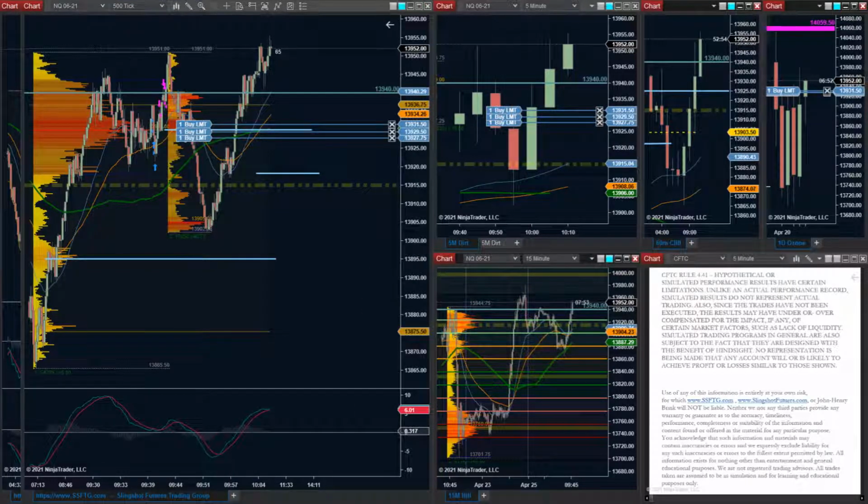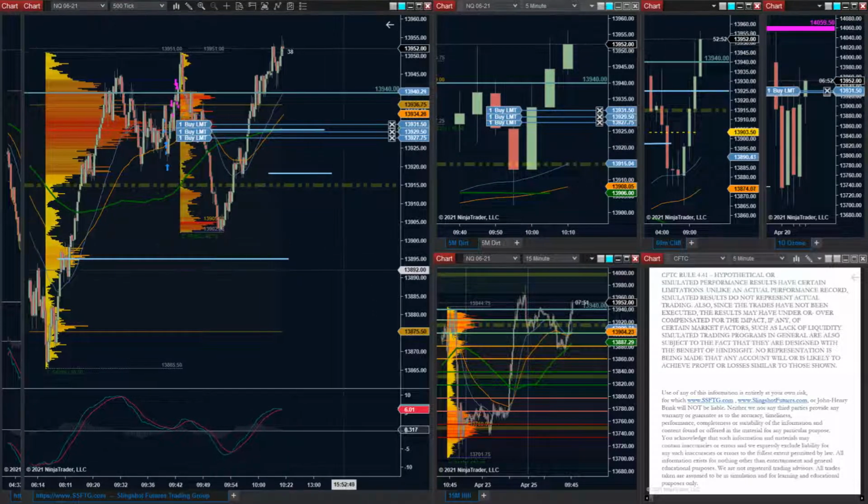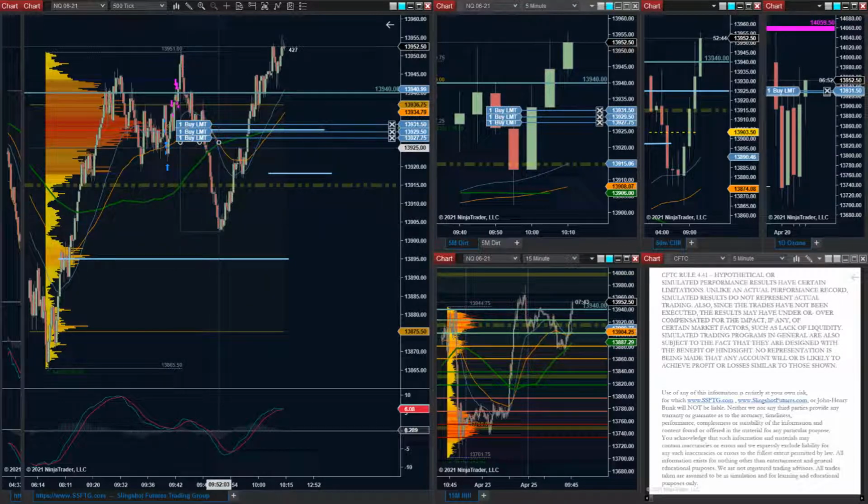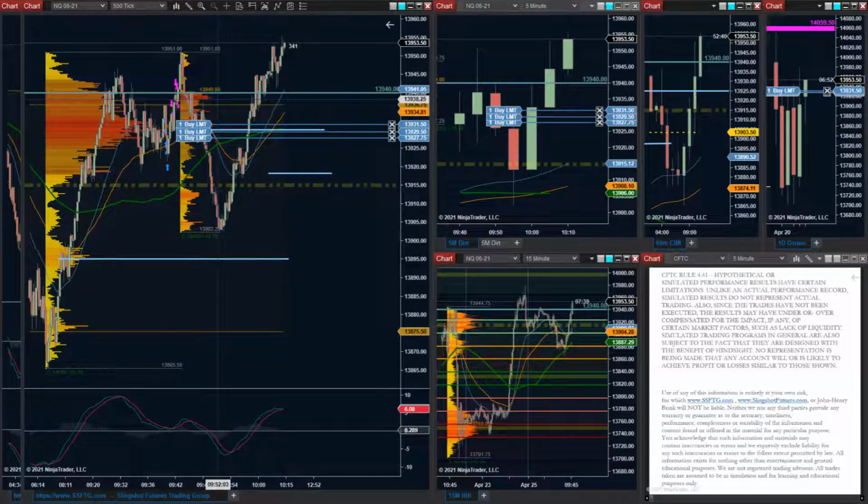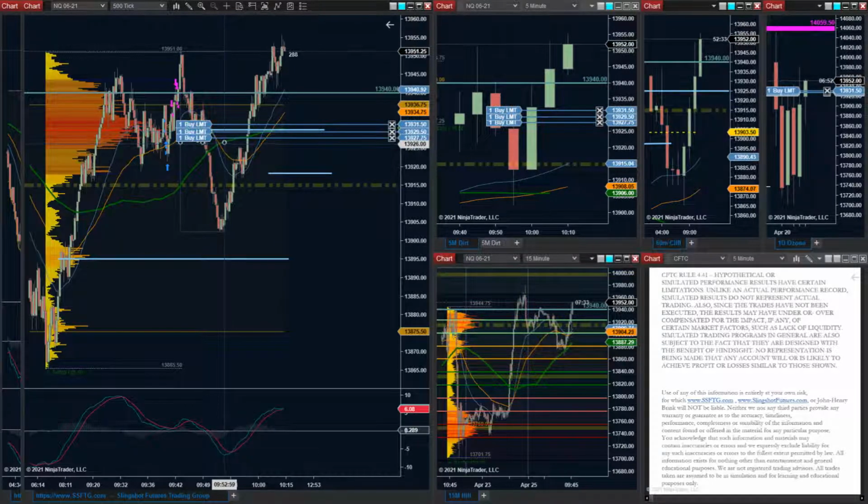Still waiting for the pullback. Not really much else going on. We know that the shorts have been finally slammed, and the buyers built that POC on that low move. That wasn't the case initially, right? On the first drive down before they made that higher low, the POC was actually up here in the 40s, which shifted back up. But just after those bull bars on the low,